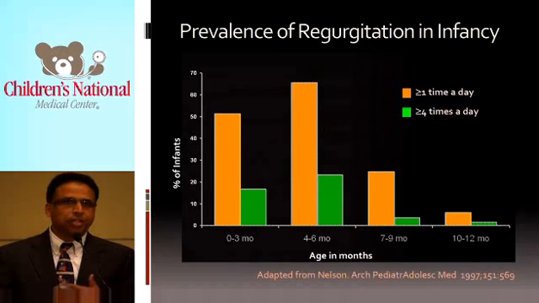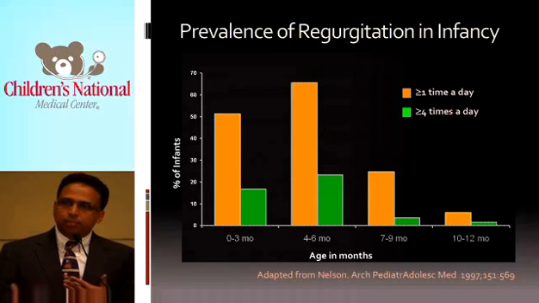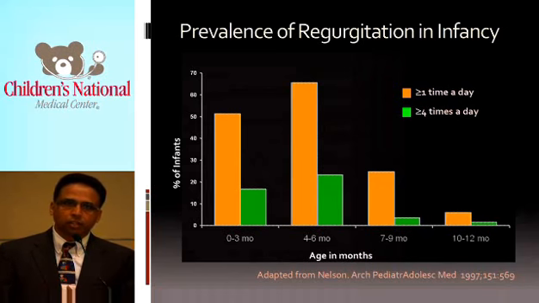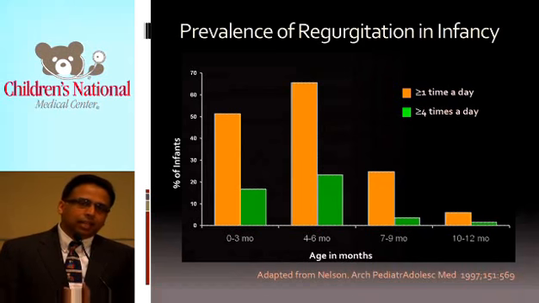So if you are seeing this infant at 4 months of age, as I showed you in the case scenario, then most likely this infant is going through a physiologic increase in gastroesophageal reflux. If the kid is looking healthy and growing otherwise and is asymptomatic, then you just provide reassurance to the family that this infant has normal newborn reflux.